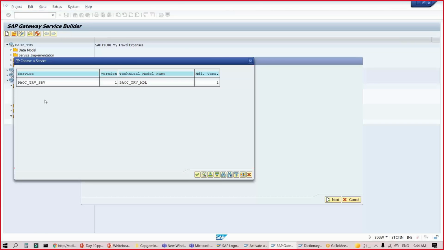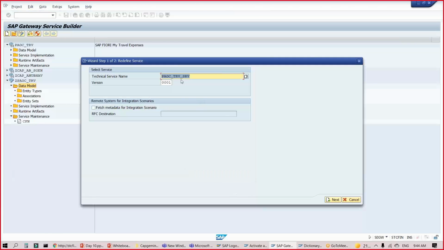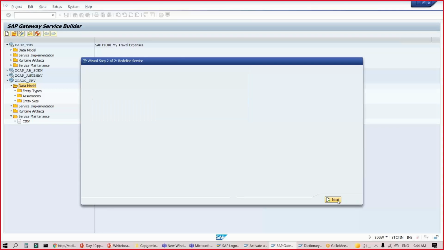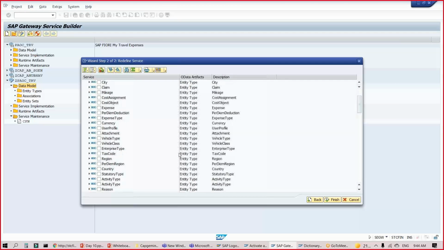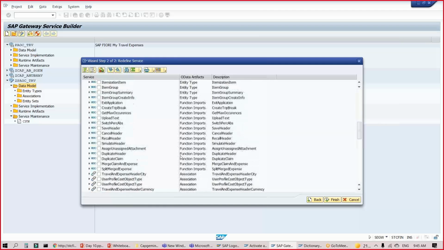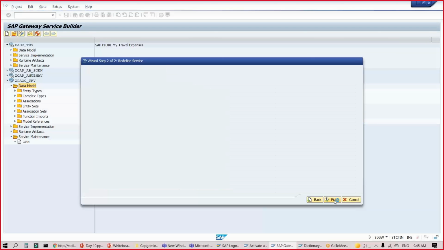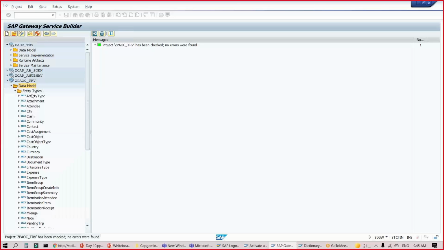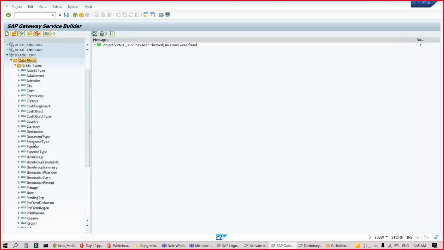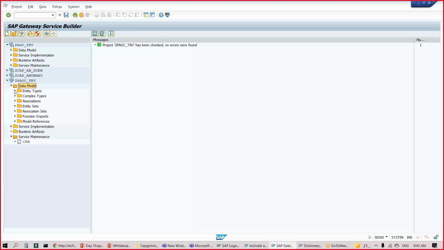So we are saying redefine this standard service. Double click. I always propose to choose F4. Yes. Click on next. And now you will see, wow, look at that. All the entity sets from the standard service are fetched. I want to reuse everything and finish. Please inherit everything from the base class. So we click on finish now, and you can see it has replicated the entire thing for us.